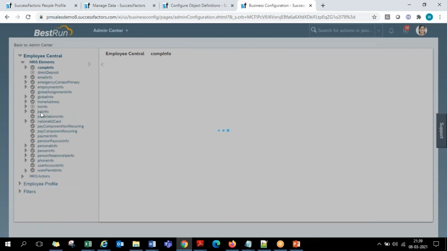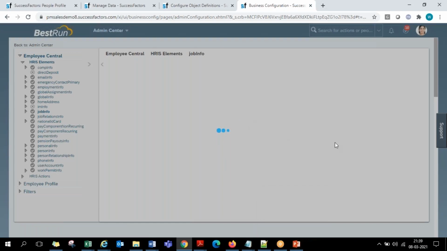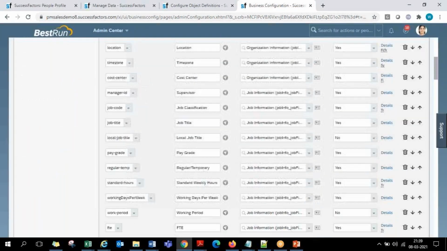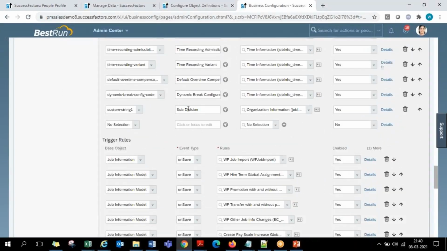Here under the job info, where we added that custom field, let us go to that area under the job info portlet. So here under job info, I go to this custom field called subdivision.